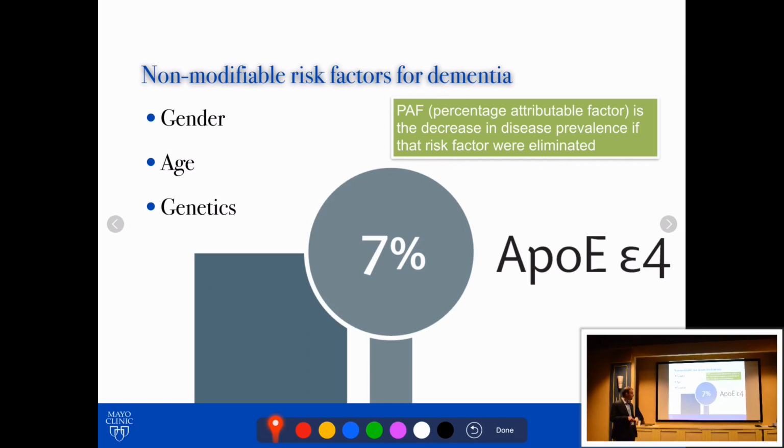Okay? So what I'm referring to here, and this is non-modifiable again, is the ApoE4 allele. If you've read much about Alzheimer's disease, you've probably seen it written somewhere, ApoE4. ApoE4 is one variant of a gene that increases a person's risk for Alzheimer's disease. But we can't do anything about that. So let's not waste a whole lot of time on that. Let's get to some modifiable risk factors.